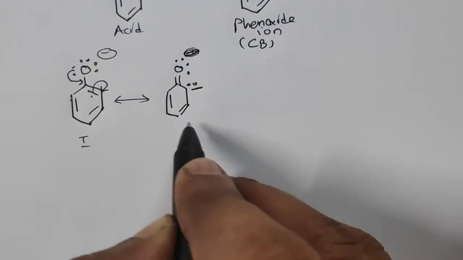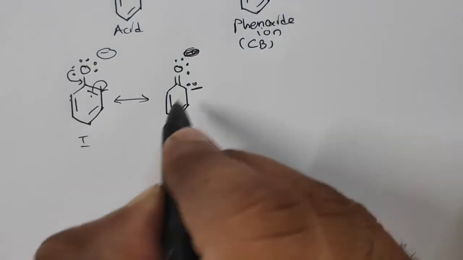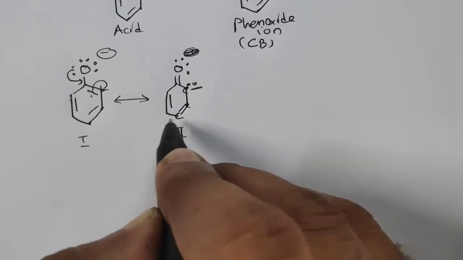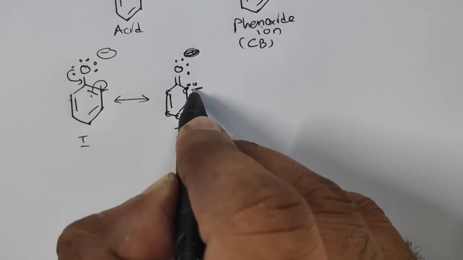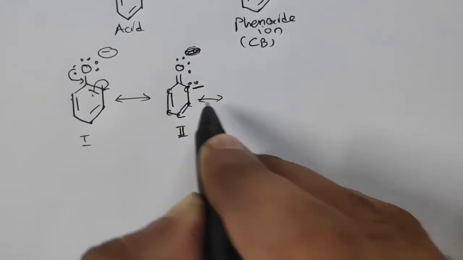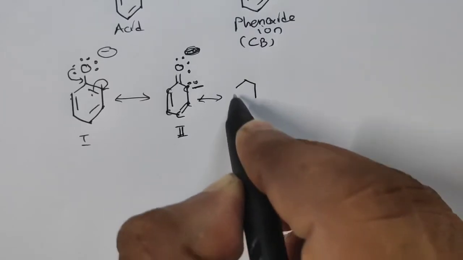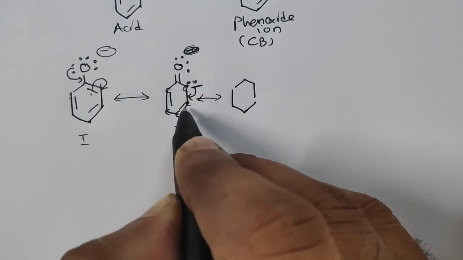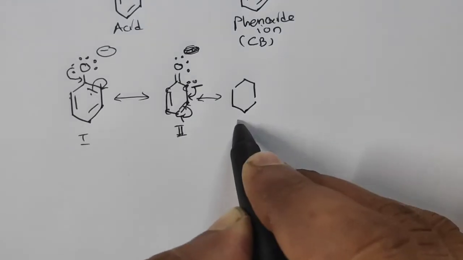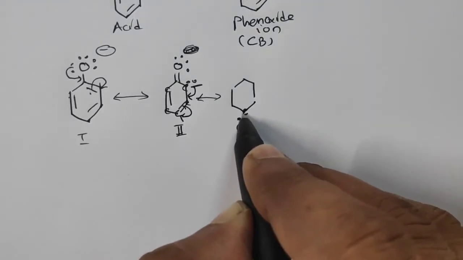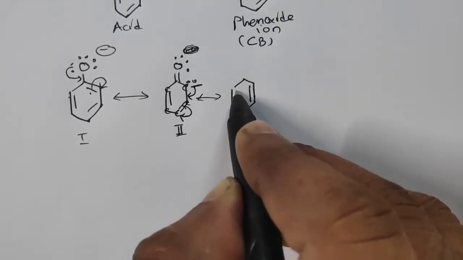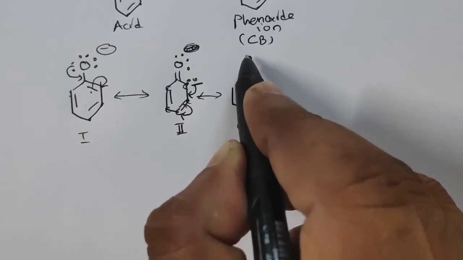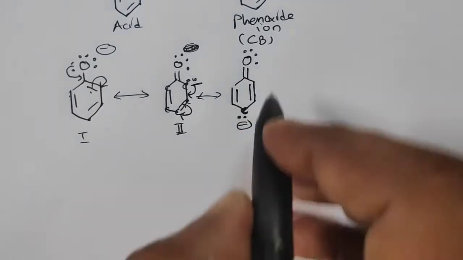Now the remaining part, this is structure number 2. These are the carbons, and you will see the negative charge is on carbon. Now another resonating structure, if I draw here, you will see this electron pair will go here and this electron pair will come on this carbon. So the minus charge will be at this carbon. And here there is a double bond equivalence you can see.